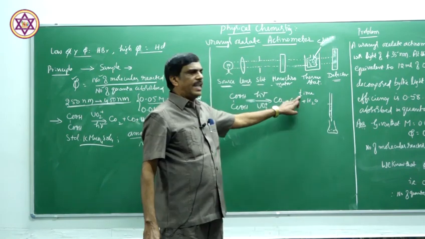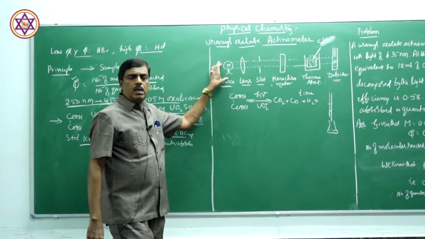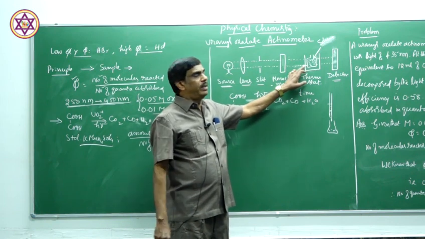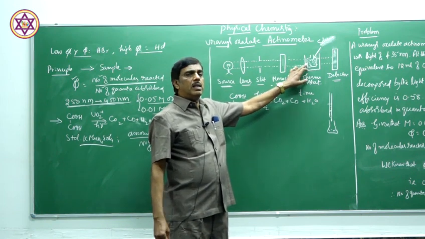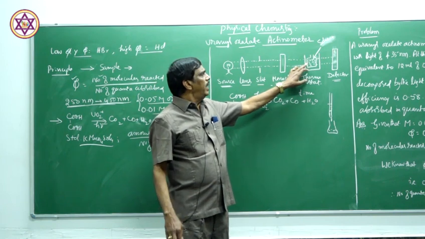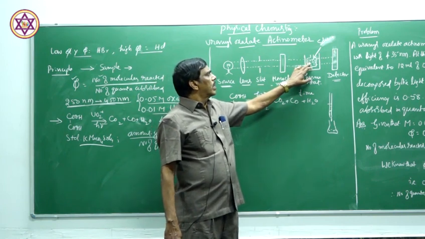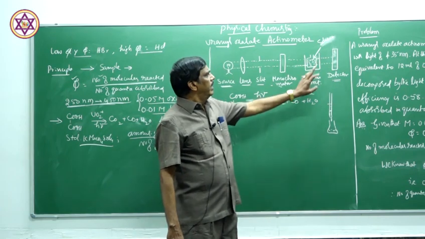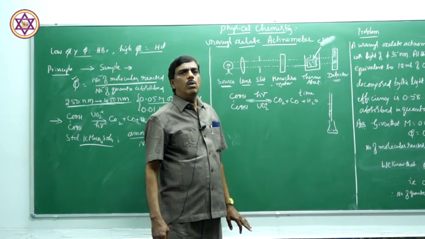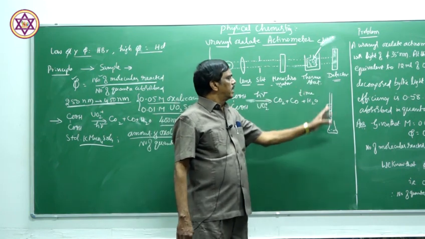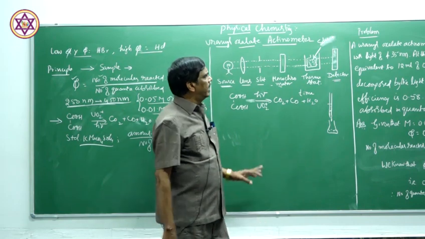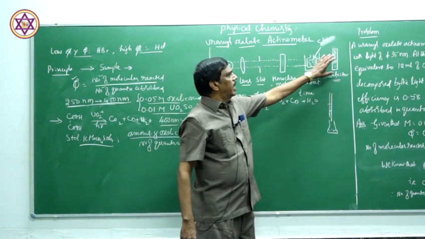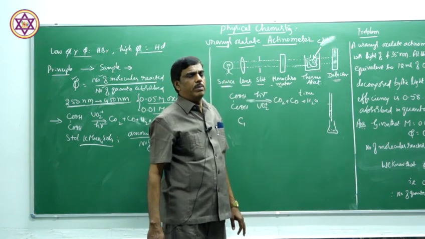So, from the light source, this radiation is made monochromatic and is passed through the solvent in which the reaction is carried out. The absorption of the solvent we can easily remove. Then it is passed through the solvent and the actinometer detector. In this detector, oxalic acid undergoes decomposition. The remaining oxalic acid is titrated against potassium permanganate. Thus, the concentration C1 of oxalic acid is known before the reaction.